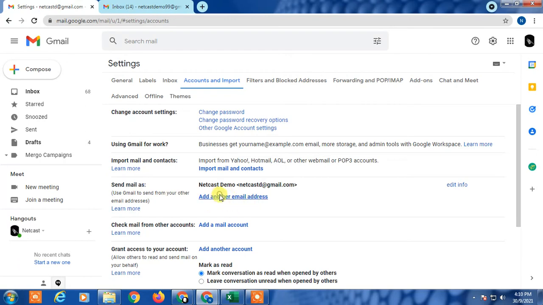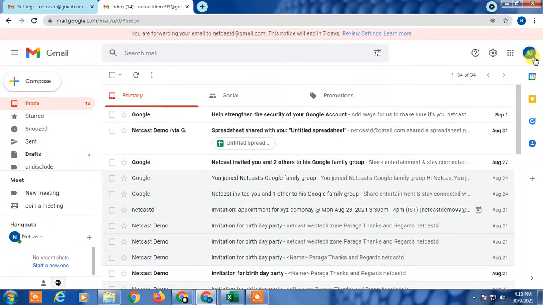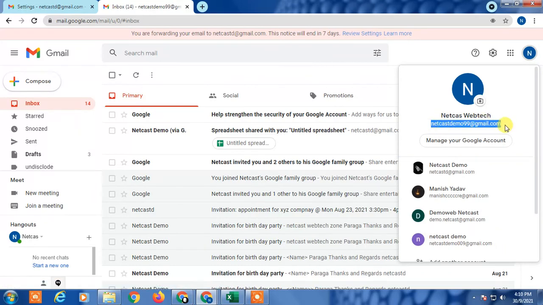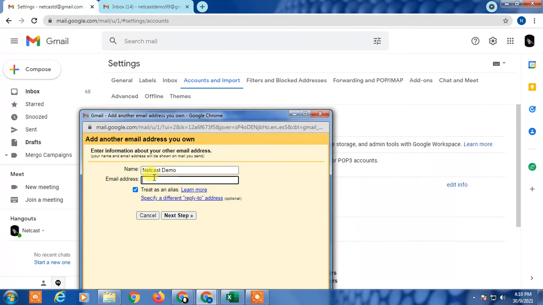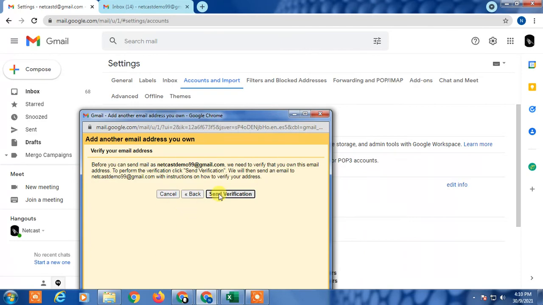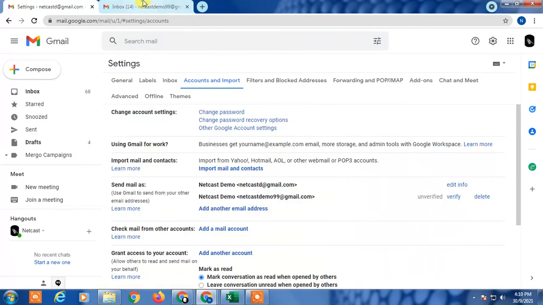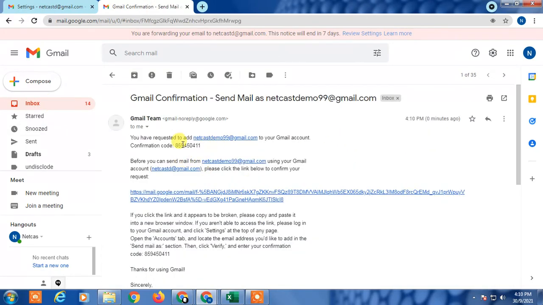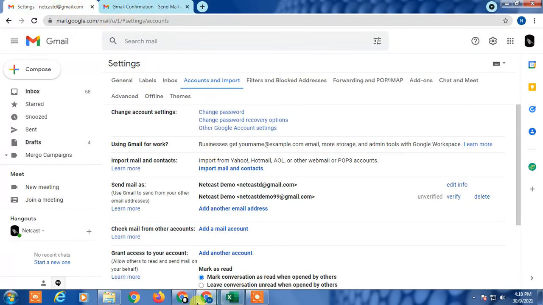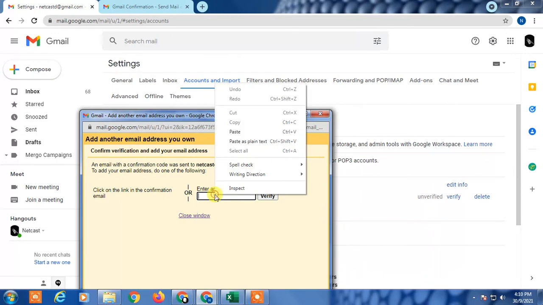So I recommend you add another account from here. Copy the second email; you can type it manually, but I just copy it because of typos. Click add another, and next, send verification. This time you get a verification code on your second email ID. Okay, I got it, and now I have to copy this verification code, and there is a different pop-up you can check.